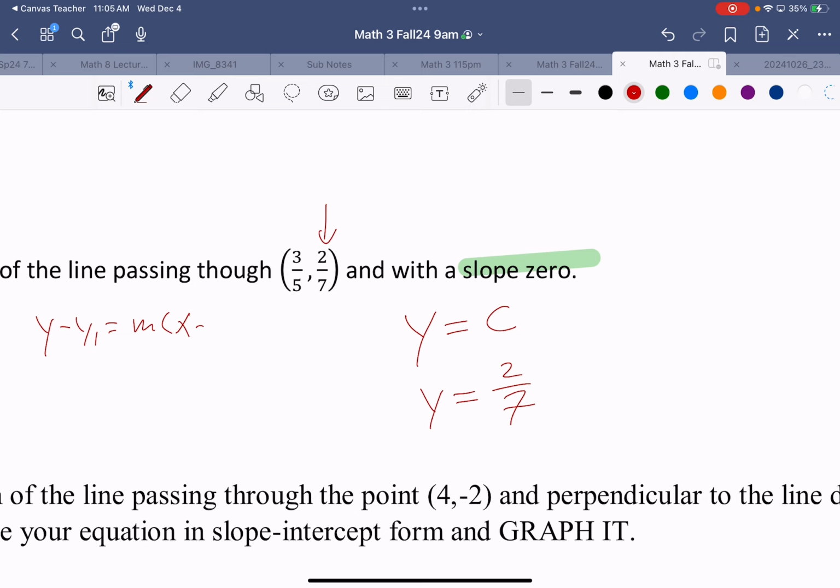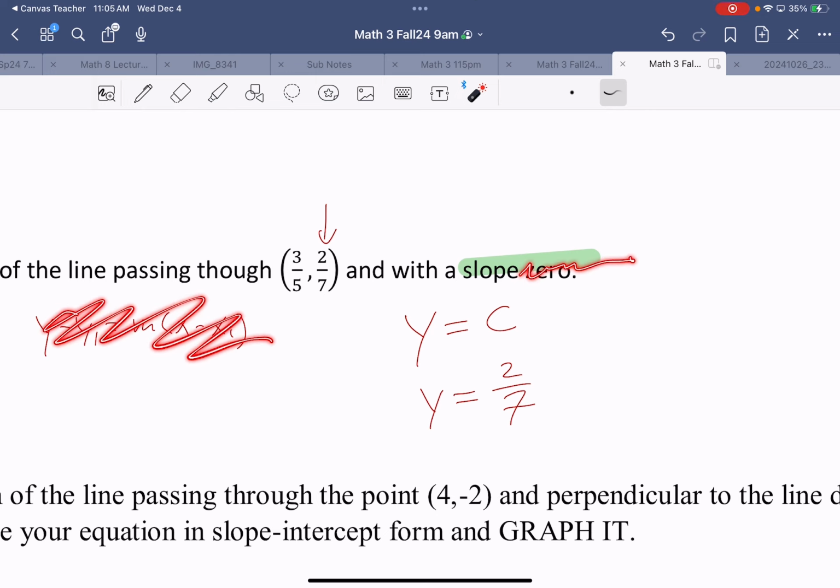And I can still use the point slope form even now. I can just plug in 0, plug in the 2 points, and I'll get the exact same answer. But if this said undefined, you definitely cannot use this because you can't plug in undefined and distribute the word undefined in the problem, right? But that's where you remember